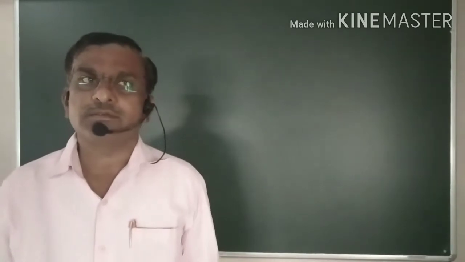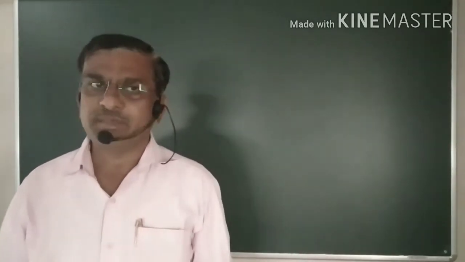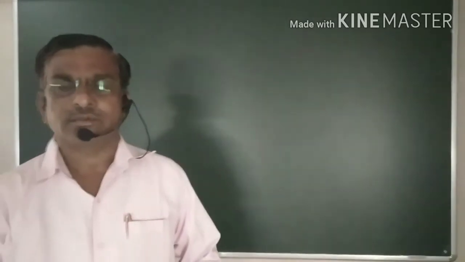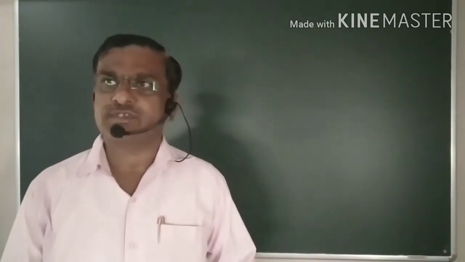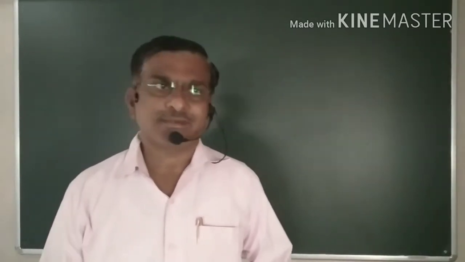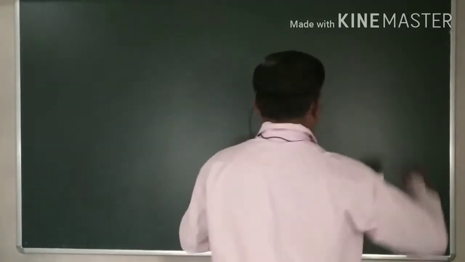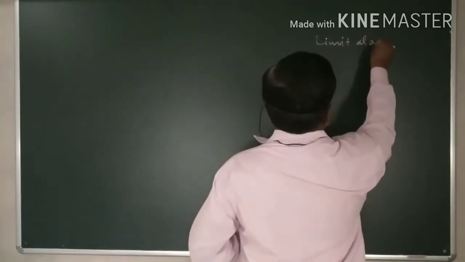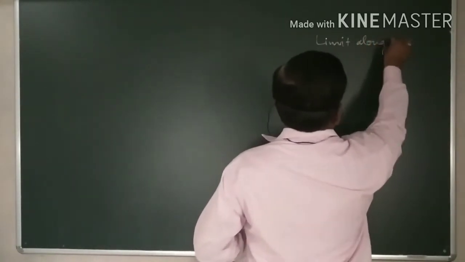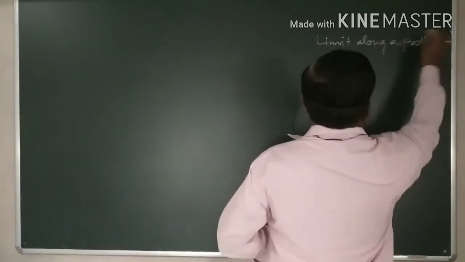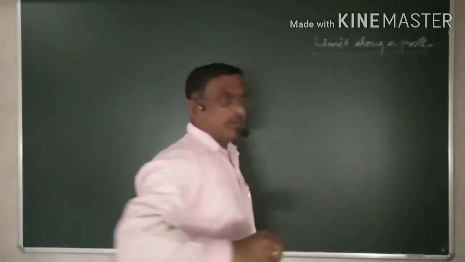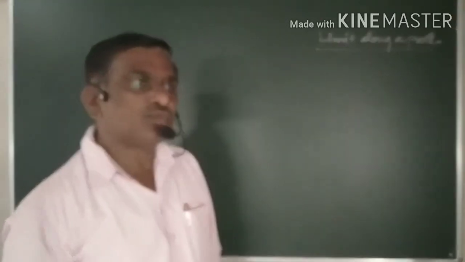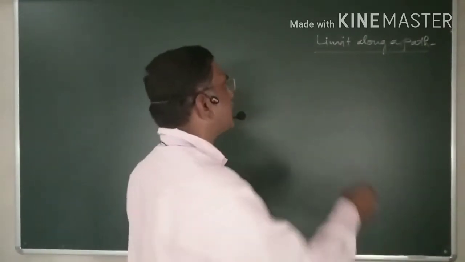Yesterday we solved examples on the limit of a function by using polar coordinates. Now the next type, as we just introduced yesterday, is limit along a path. Limit along a path. In first year BSc, we know that there are two paths,